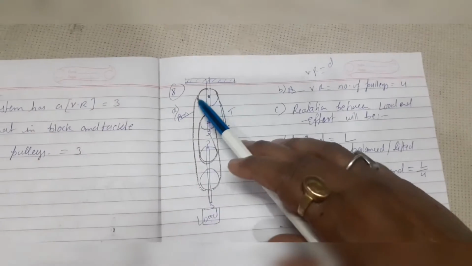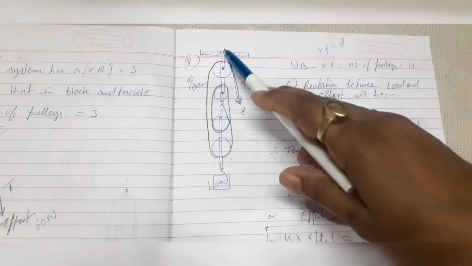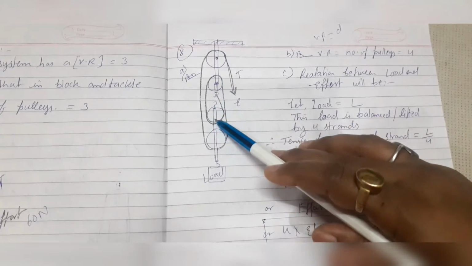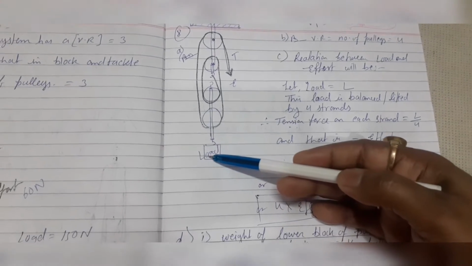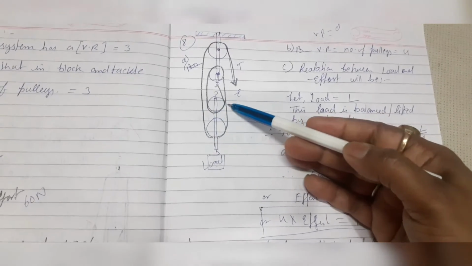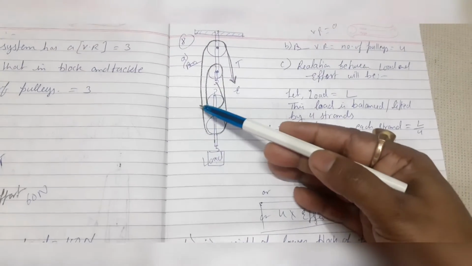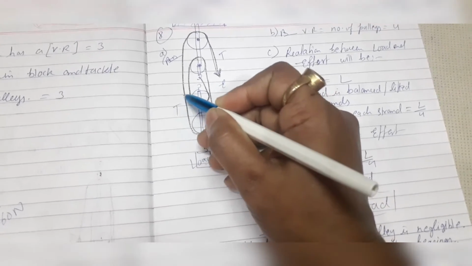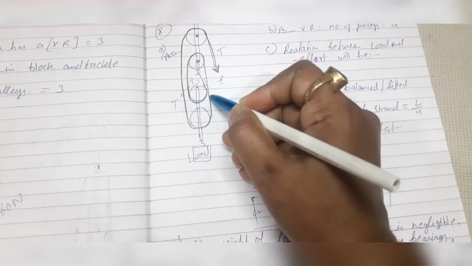So see what I have done for sub question A. I have drawn the diagram as I told you. These 2 pulleys are there which are fixed. Here is the strain moving, a single cable moving around here, then with this hook it is attached. Now what it means, this load is lifted by these 4 strands, 1 2 3 4. So if the weight of this load is 100 kg, it means that is divided into 4 equal parts, 4 equal tension forces. That will work here in upward direction, the same tension force here on this strain and on this strain also.